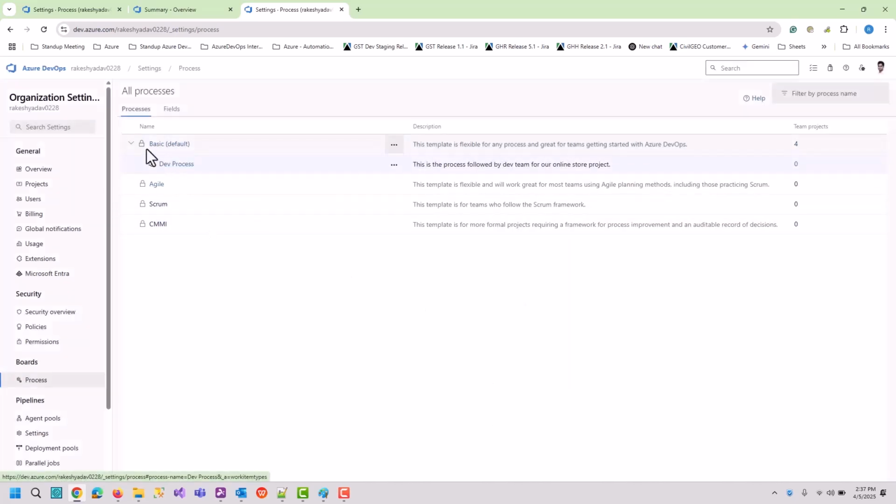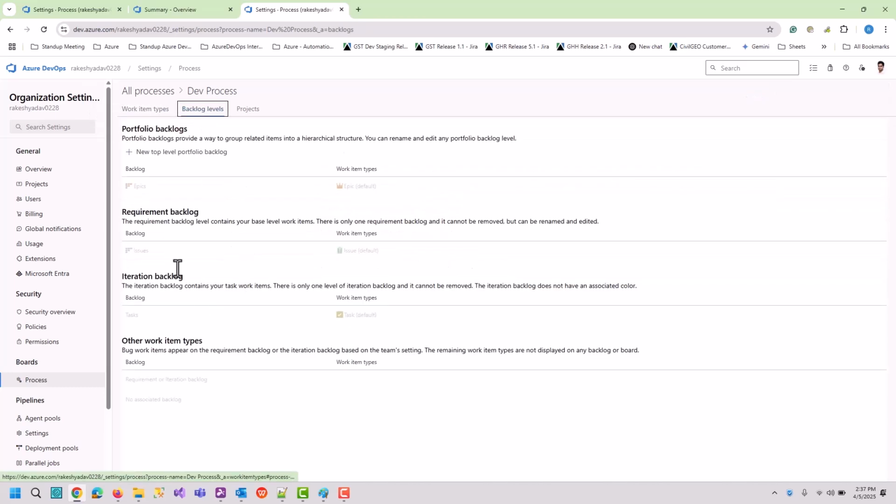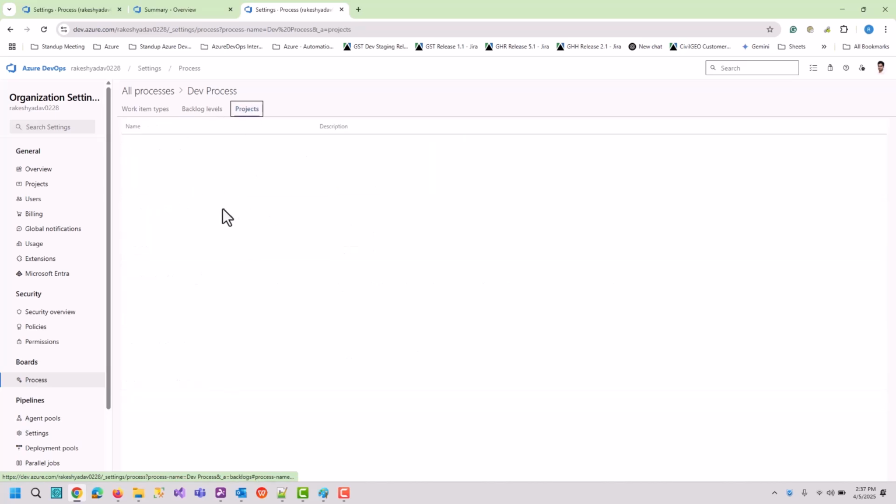As you can see, a new process under basic is created. Now we will be customizing this process. Let's click on this dev process. As you can see, there are default work item types. These are inherited from the basic process, and there are backlog levels and projects. There is no project because the process has just been created. We have not assigned any project to this process. We will be doing this later.